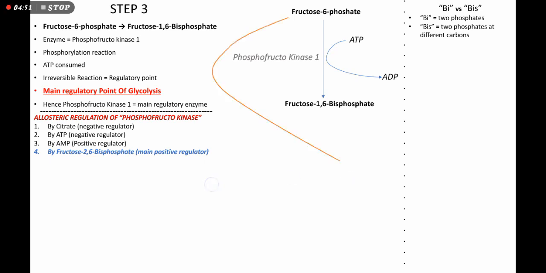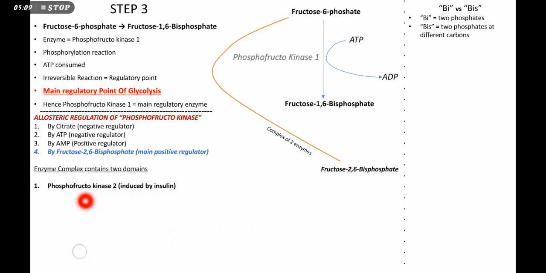Well, when glycolysis was occurring, fructose 6-phosphate was being formed. Only a minor amount of that was being converted into fructose 2,6-bisphosphate. The enzyme involved was actually a complex of two enzymes. Those two domains were phosphofructokinase 2 and a